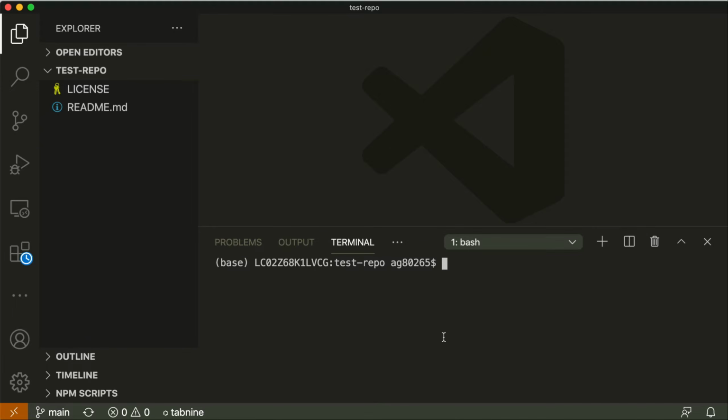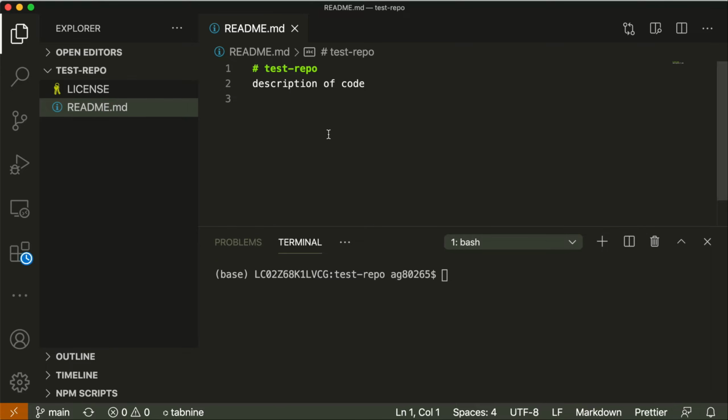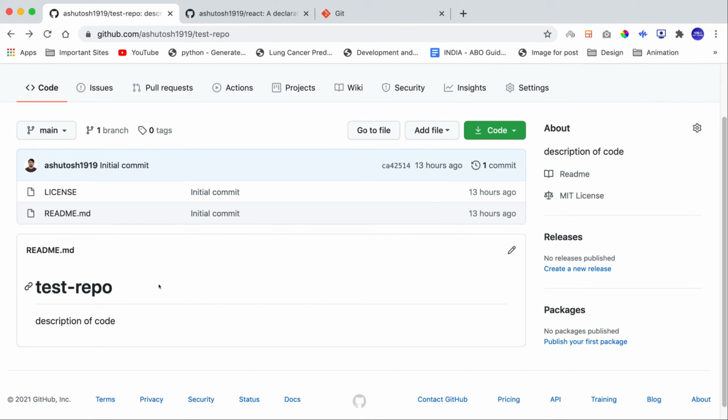Open up Visual Studio Code or any other editor and open the cloned repository in it. Open up the readme file and let's change some content in it. So I am adding a sentence here at the bottom of the file. Now if you save the file and go back to GitHub and see the repository, you won't see those changes on GitHub, because the repository in the computer is a copy of the repository on GitHub. So to synchronize the changes to the GitHub remote repository, we need to push the changes to the remote repository on GitHub. We will understand how to do that in a moment.